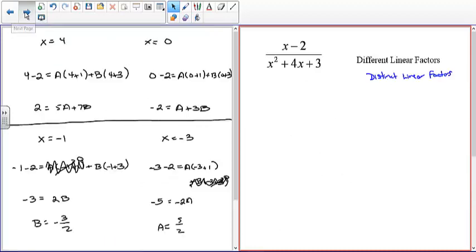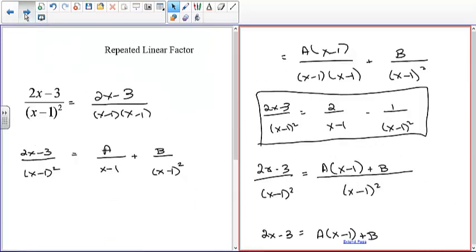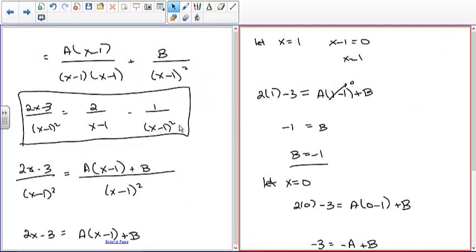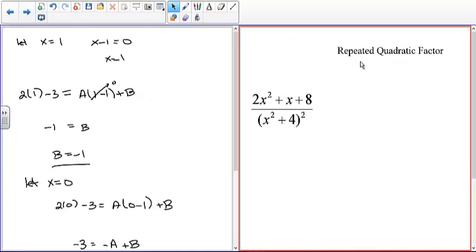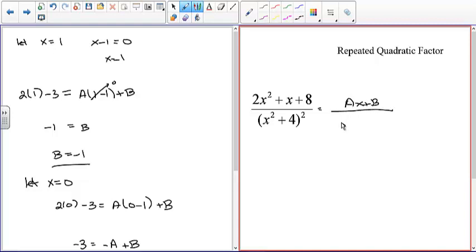So for repeat linear factors, the same kind of procedure, except you let x equal whatever makes this repeat factor go to 0, and then the easiest thing is to choose the second value of x being equal to 0, such that if you have any linear terms on the left-hand side, they go to 0. Okay, so that's the third thing. And the final one is repeat quadratic factors. So it's kind of like repeat linear factors, except instead of having a and b in the numerator, you have ax plus b in the numerator for the single quadratic. And then you have,